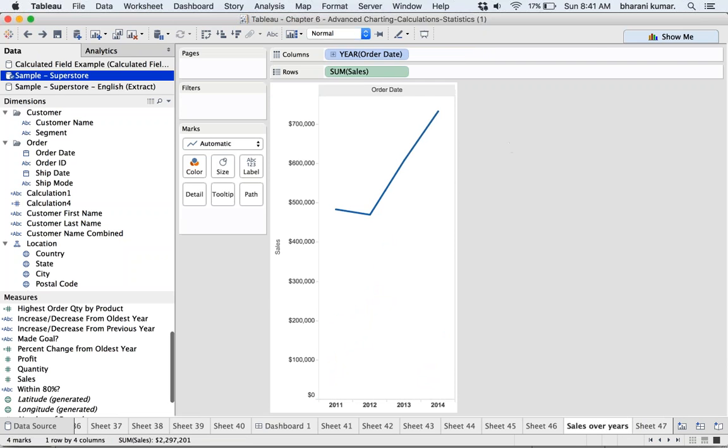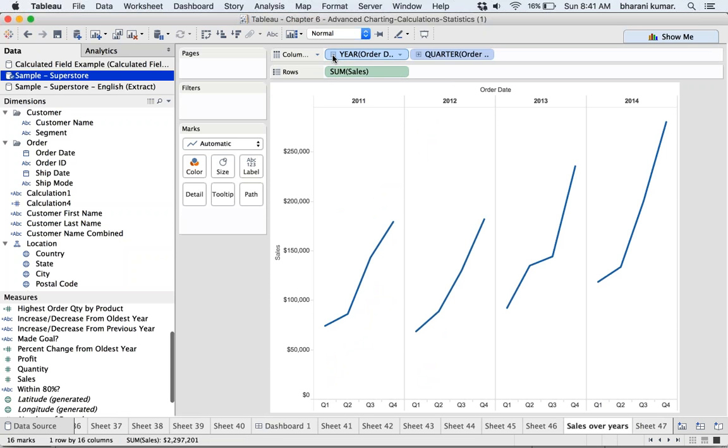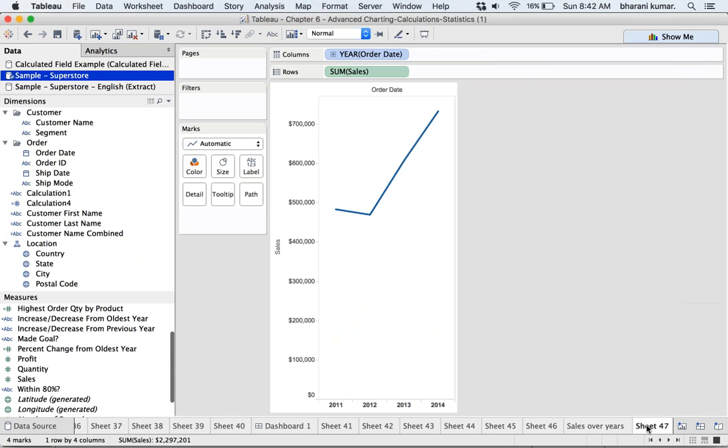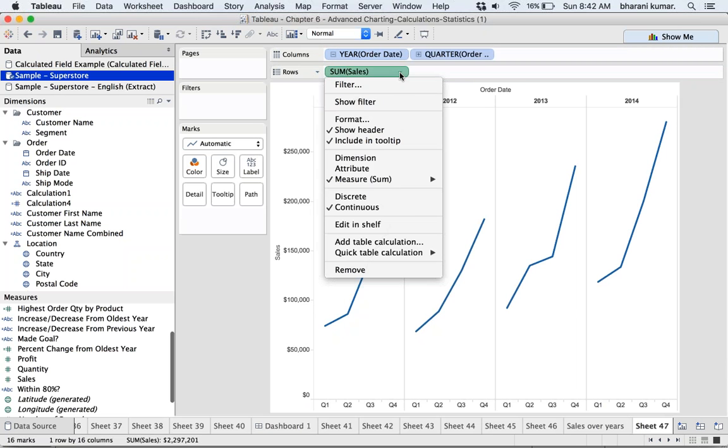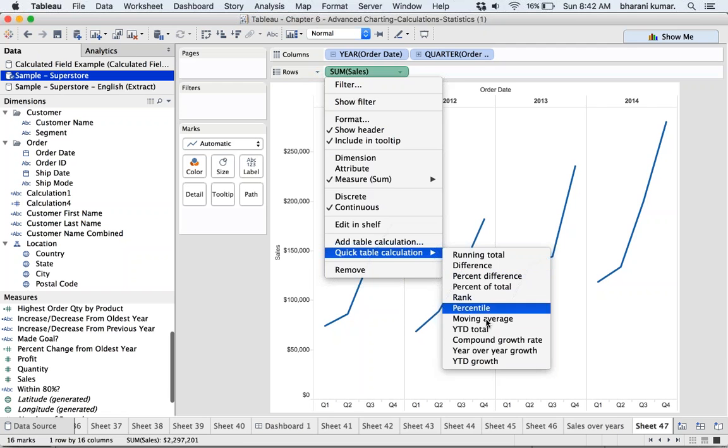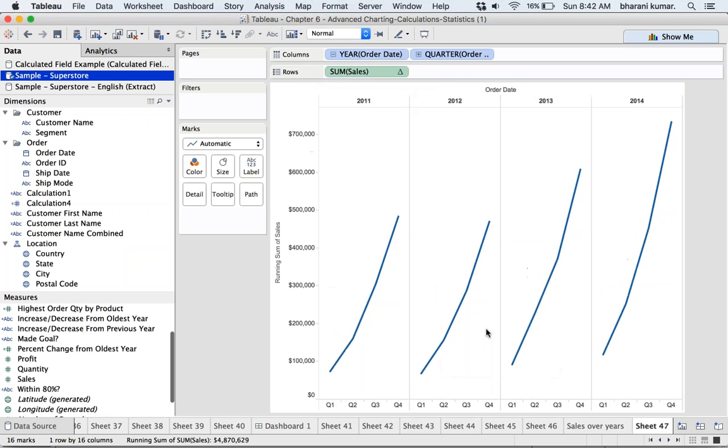Okay, this is sales over years. Now I'm going to drill down the granularity to quarterly level. This is only sales. I'm not making any other change. Right now, if I go to sheet number 47, I will once again drill down the granularity to quarter level here also. And under sales, I'm going to go to quick table calculation and select YTD total, year to date